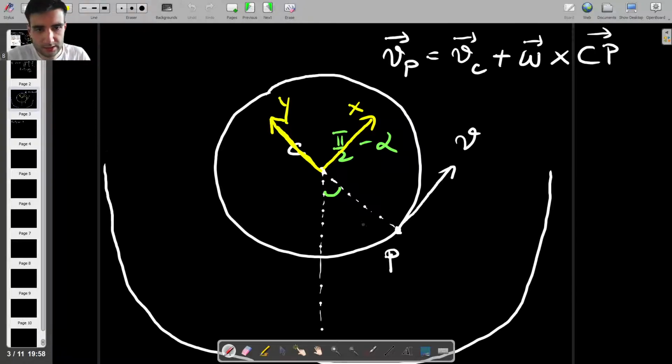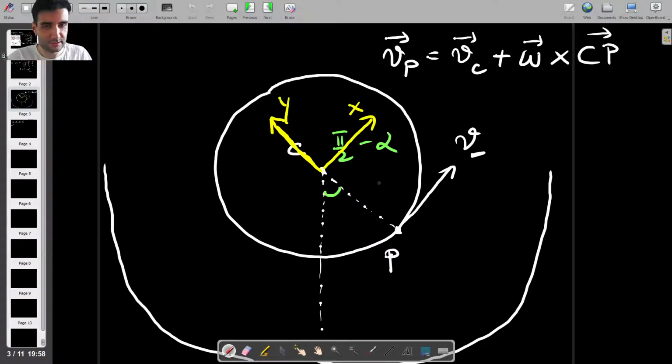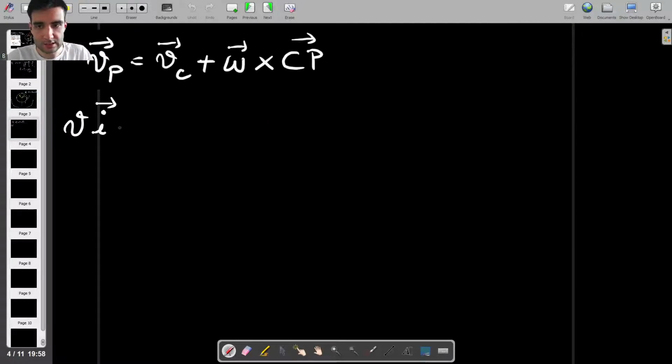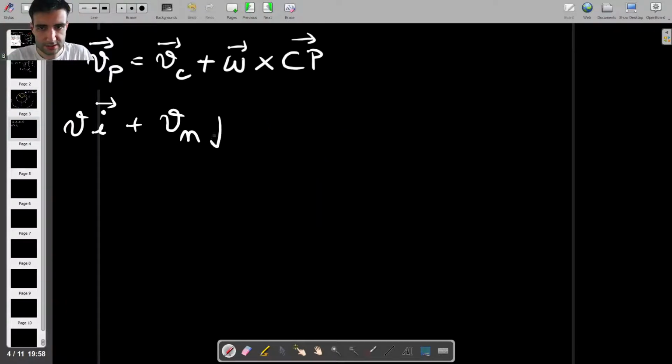So we're going to say that the velocity of point P has two components. It has this component, which is along x, which we know. So I'll write v times i, right? That's the velocity in the x direction, which corresponds to the unit vector i. And we also have a velocity normal, or in the radial direction, which has the j unit vector associated with it. And this equals Vc, which we're going to come back to in a second, plus